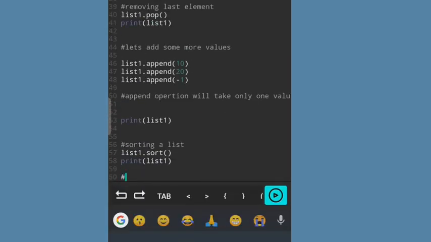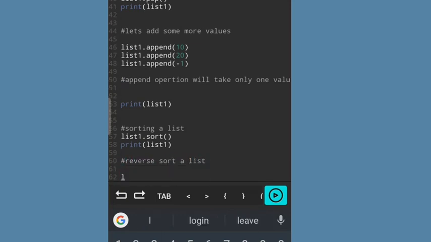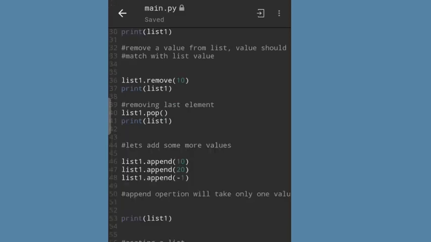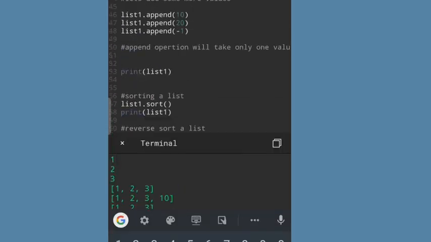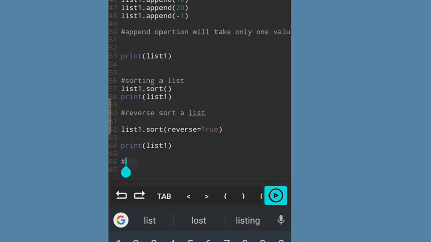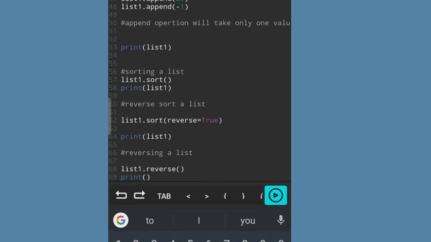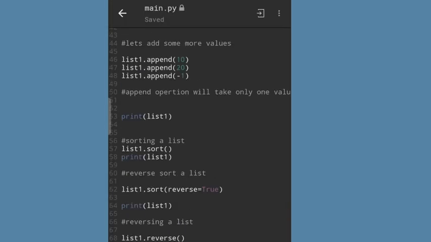To sort in descending order, we need to pass reverse equal to True within this sort method. We have one more method called reverse. It will reverse our entire list. When I print the output, you can see our entire list has been reversed.